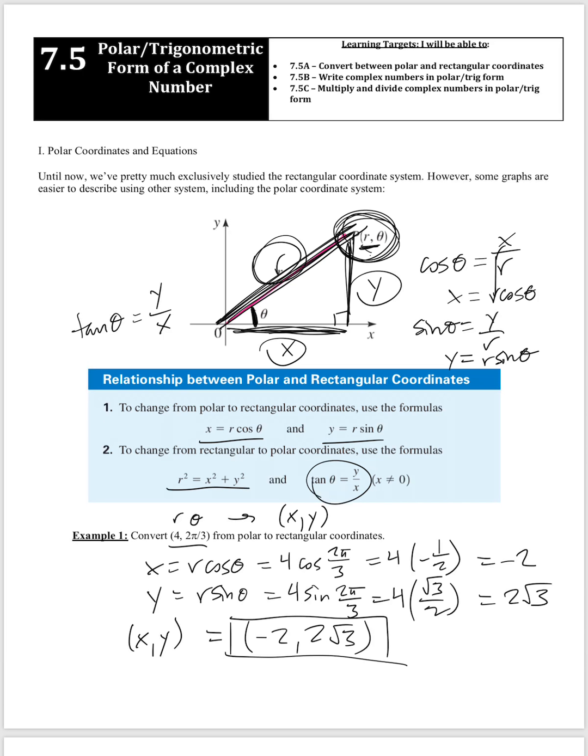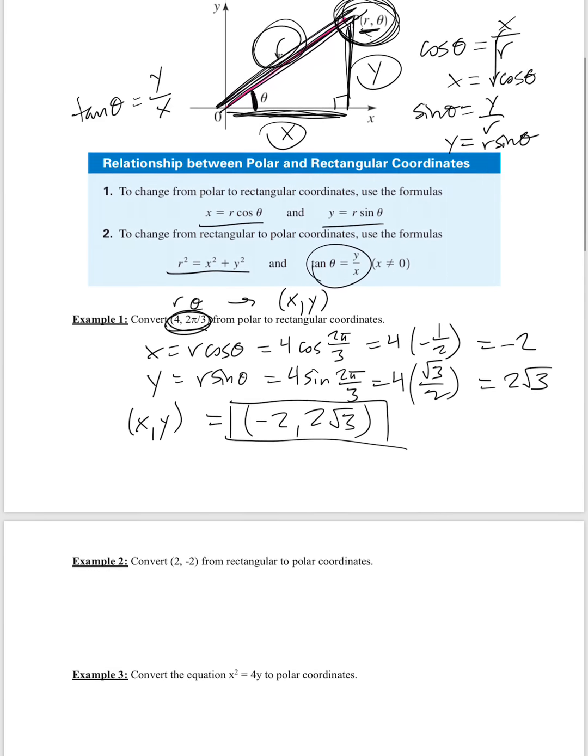So if I plot that point, just like we're familiar with from our years of algebra, our years of math, that is going to be the exact same point as if I took this point in polar coordinates and found that angle, 2 pi over 3, and then went 4 distance from the origin. Okay, I know it's a strange way to think about these graphs, but trust me, it really does make it easier for certain graphs, and especially it makes it easier when we talk about complex numbers. So moving on,